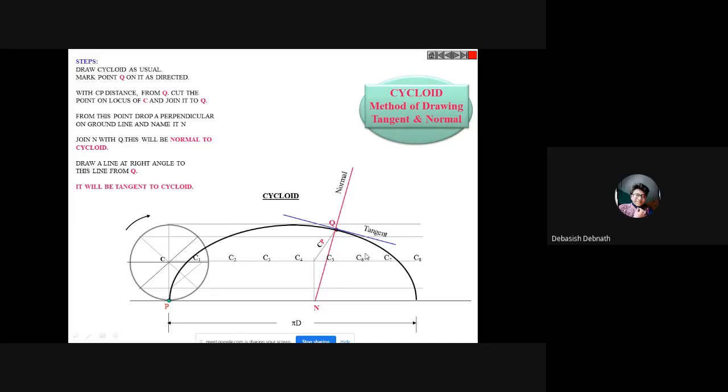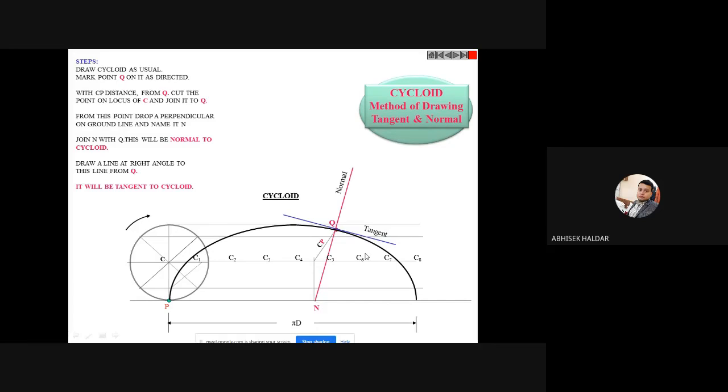Sir, yes, if you explained it a little more, it would be clearer. How can I explain it? I don't have a board, so I have to show it in the presentation, that's why we have made these presentations. Where is your difficulty? In which part do you have doubt, you have to say. I will try to make it clear.